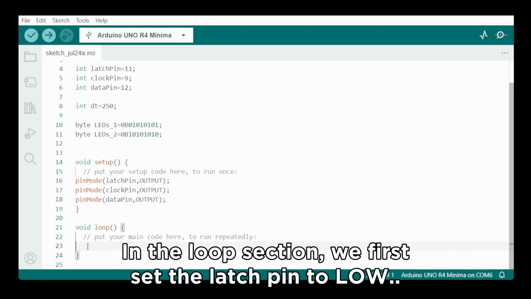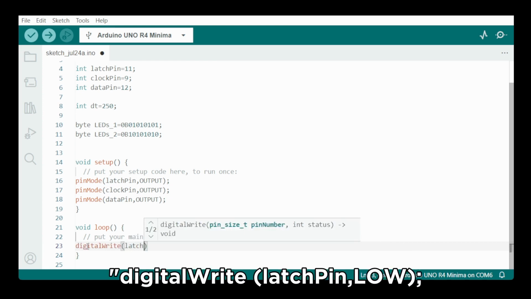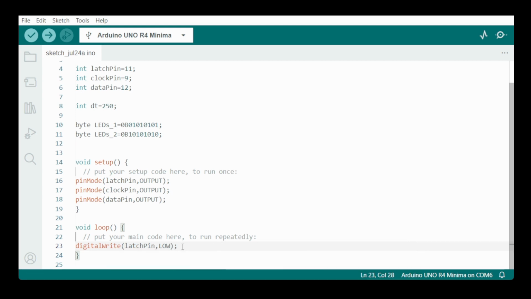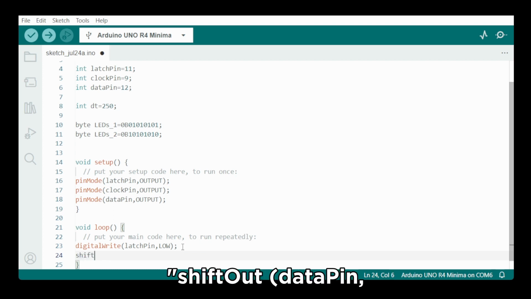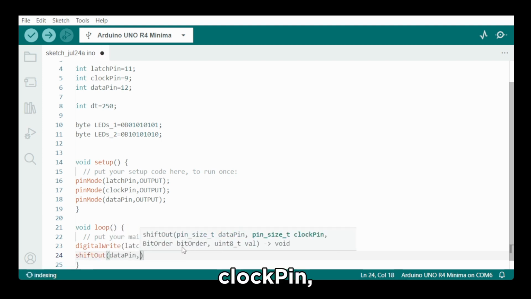In the loop section, we first set the latch pin to low. So digitalWrite, latchPin, LOW. And here is a new command specifically related to control the shift register. shiftOut, and in between brackets, dataPin, clockPin,